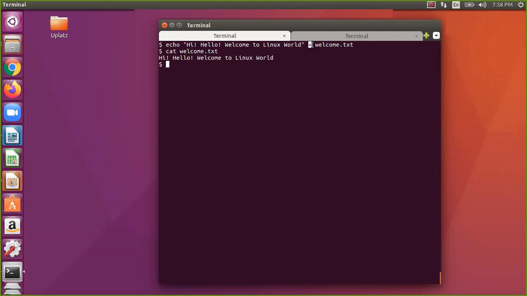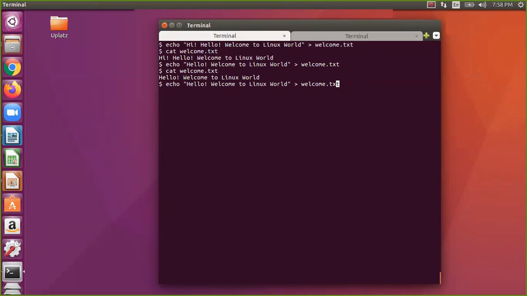But let us assume I don't want that. I want to append my contents. Then you need to use double greater than. In welcome.txt, the earlier contents will be removed, and now you have just this line. Now I want to add this line also, so I say hi hello welcome to Linux world, but I give double greater than.